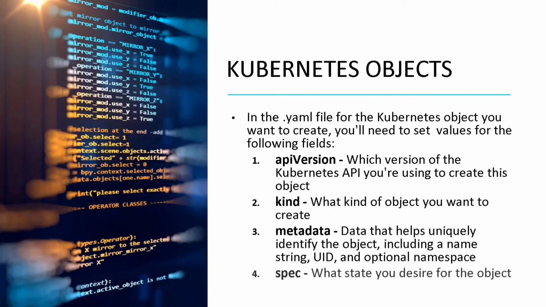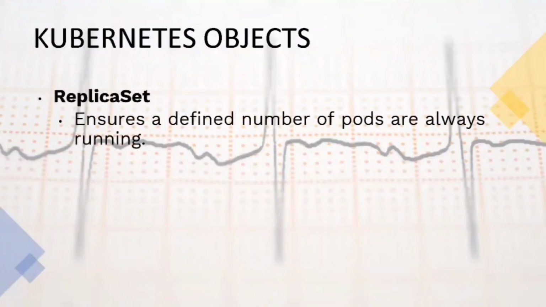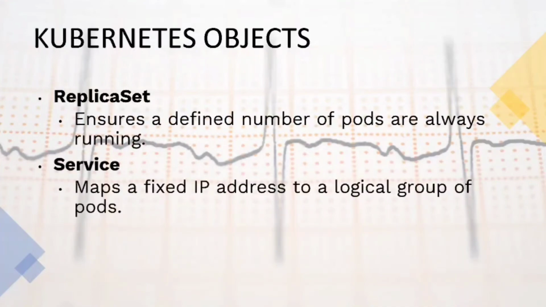The last one which we require to define a Kubernetes object is the spec field, where we declare the desired state of the object, that is, the characteristics of the resources. We have to provide this field when we are creating the object. Kubernetes objects are used for different purposes. Some of them are used to handle the problem of container orchestration like scheduling and self-healing. Others are there to solve inherent problems of containers. Here are some of the Kubernetes objects like pods, daemon sets, deployments, replica sets, services, and the rest you can see on your screen.